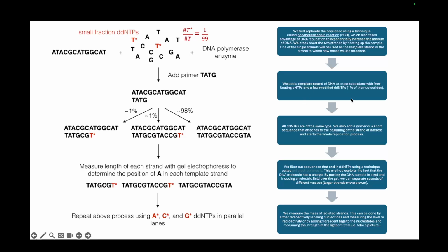You add this template strand of DNA to a test tube with free floating dNTPs and only a few modified ddNTPs. Here on the left of the slide, you can see the ratio of modified dNTPs, which are ddNTPs. The T star denotes the ddNTPs, and the T denotes dNTPs. The ddNTP to dNTP ratio is around 1 to 99. So basically 1%